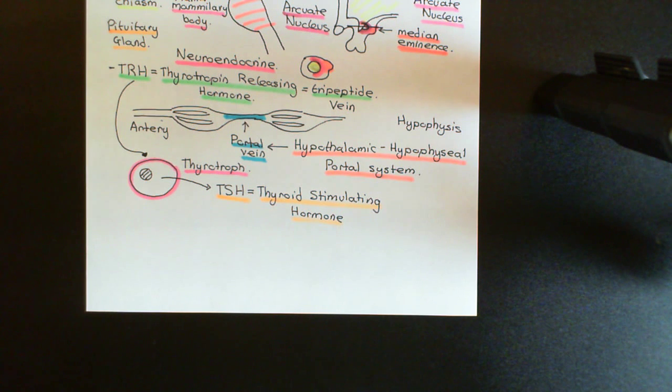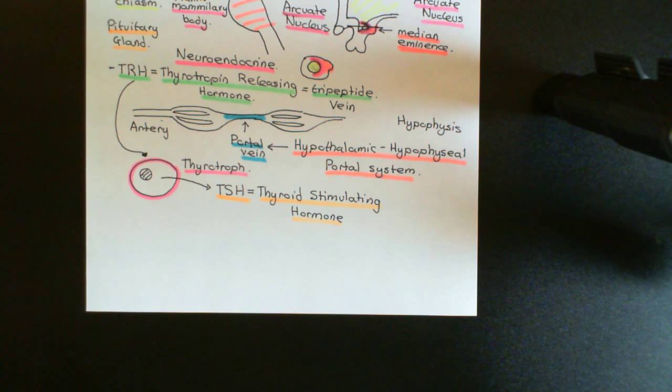So overall, the nuclei in the hypothalamus, the arcuate nucleus and the median eminence, they scream at the anterior pituitary via this molecule, thyrotropin-releasing hormone, to make the anterior pituitary in turn shout at the thyroid gland to release thyroid hormone. Okay, so the hypothalamus tells the pituitary to tell the thyroid gland to release thyroid hormone. Now, in order for this system to actually control the secretion of thyroid hormone to make it match how much is actually needed,